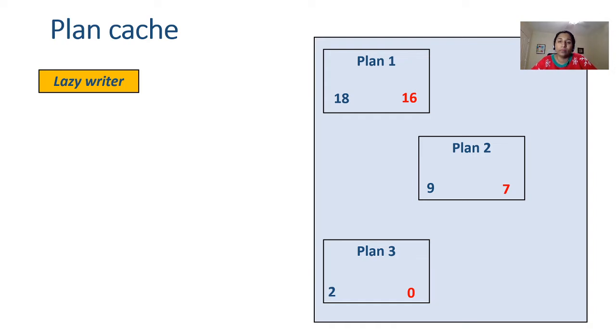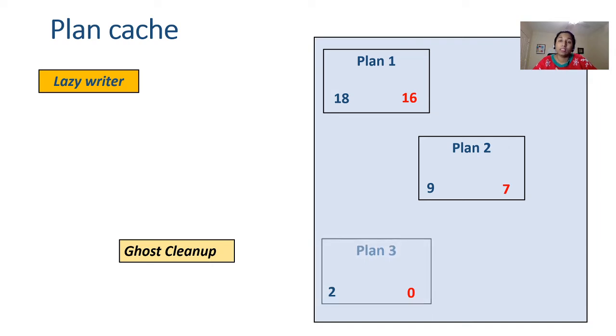Now did you observe the complexity countdown value for the plan 3 has turned to 0. That means the SQL Server should go ahead and discard that plan 3 out of the cache, right? But that is not what is going to happen. There is some other process known as ghost cleanup, which will be kicked in every few minutes by the SQL Server automatically. Now what it does is it will go ahead and check if there are any objects that have no countdown value. Once it finds them, it will flag them as ghosted. That means they are still in the cache, but they are in the half-life.